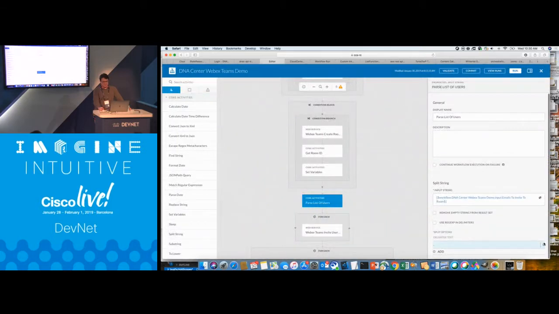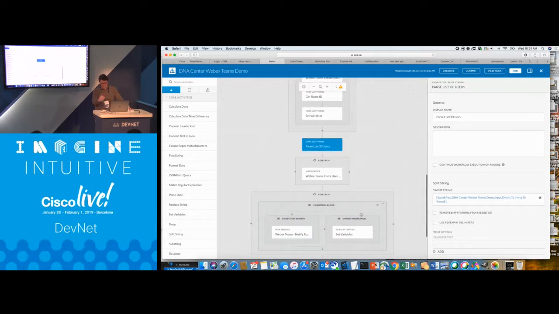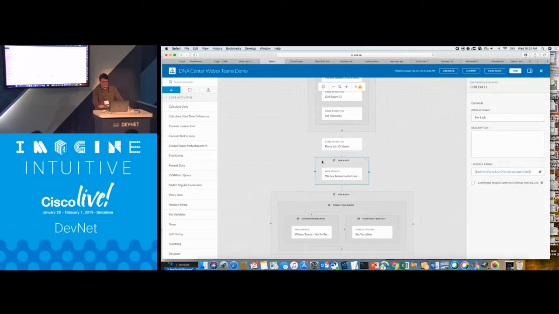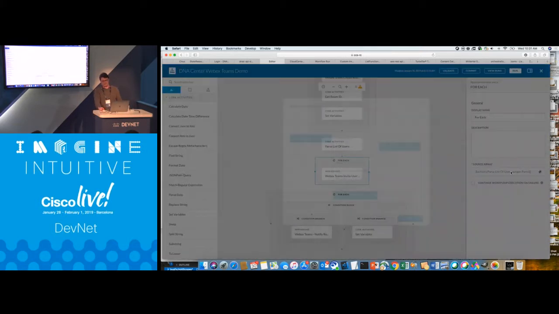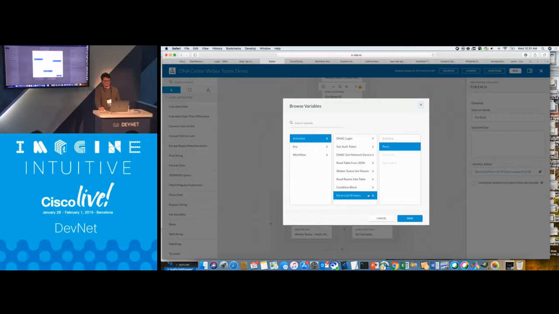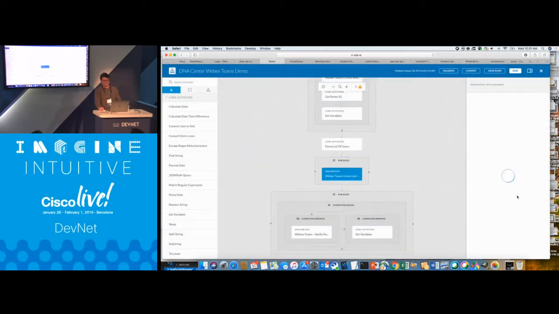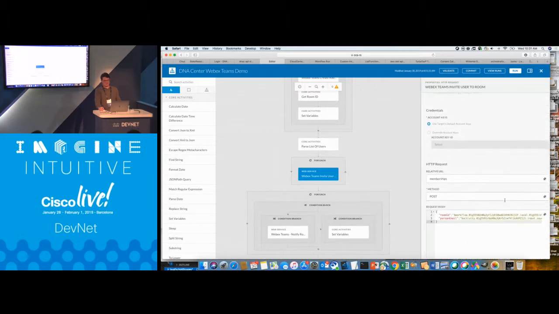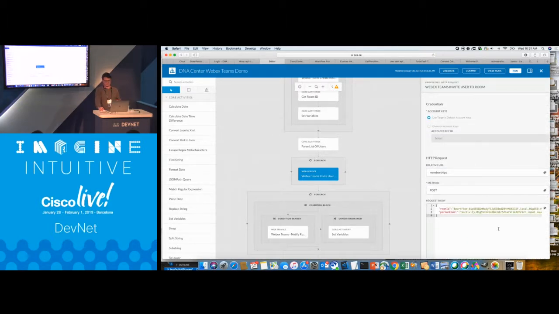So you can sort of see how, as software engineers, when we were approaching this software, we had all these little frustrations that we wanted to solve. So there's a lot of these little things within here. So that list of users that I have, I can treat that as an iterable and parse over it, which I'm doing here. I'm just saying that the parts from that parse list, I'm looping over it, and then making a REST call to WebEx Teams to invite them to my room